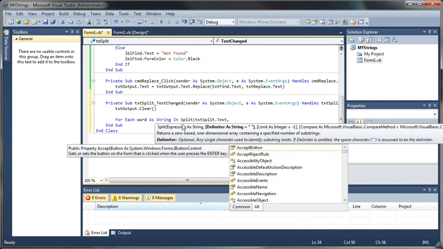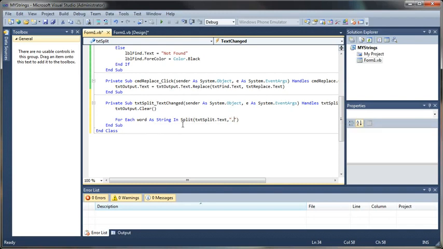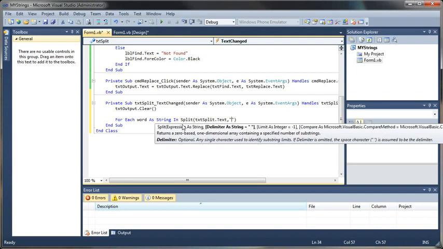And here's the delimiter that we want to use. Where do we want to split it? Now, you may want to split it on every space that's found in there, or you could make it comma delimited by using a comma. So whatever string you want to use as a splitter, you'll enter into this little area. You could use a space, comma, a bar, whatever. I'm just going to try a basic comma delimited